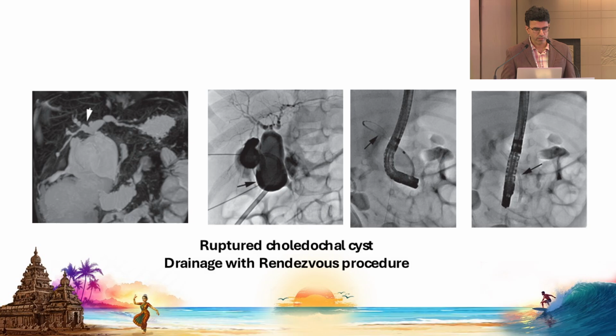So we did percutaneous drainage. This is the intraop cholangiogram. We did the percutaneous drainage with a 6 or 8 French catheter. After 1 month, the patient was taken for surgery. This is an intraoperative cholangiogram. This is the complete excision of the choledochal cyst, the resected specimen, and the patient further underwent a hepaticojejunostomy in this case.